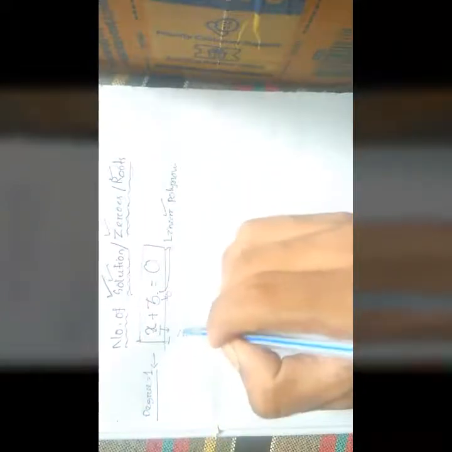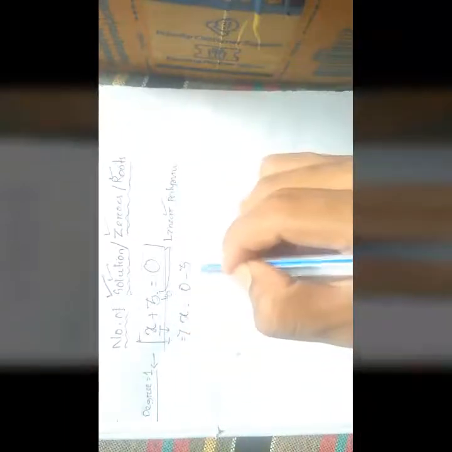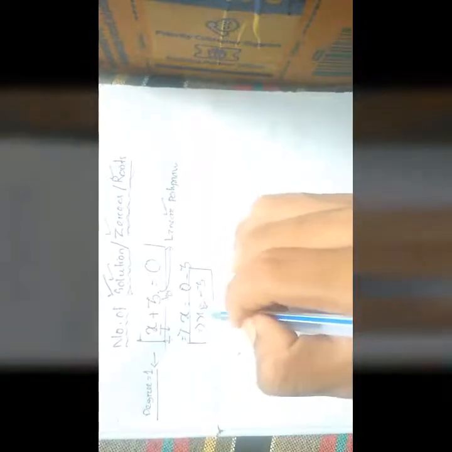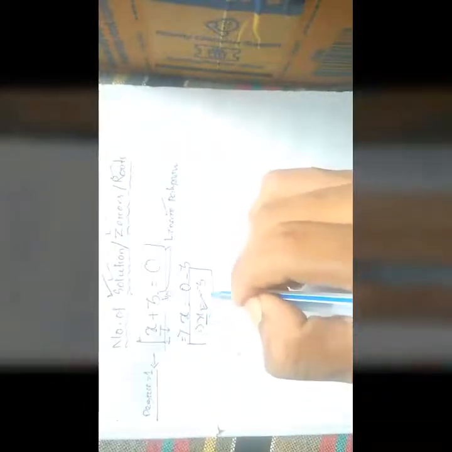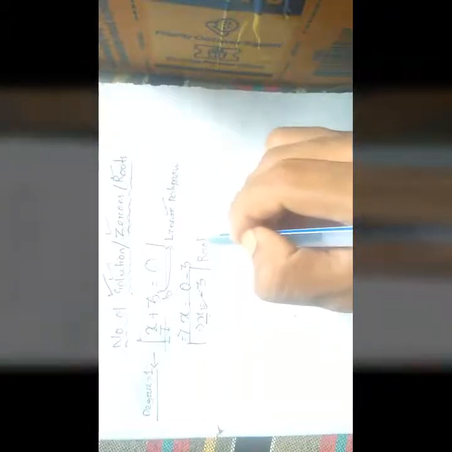Now let us solve it. So x is equal to 0 minus 3, because plus 3 goes to the right hand side and becomes minus 3. Hence x is equal to minus 3. This is the solution. What is the meaning of solution? The meaning of solution is to find the value of x. Here x is equal to minus 3. This is also known as the root of the polynomial or the zero of the polynomial. So in this case we get only one value of x. This is the first example.